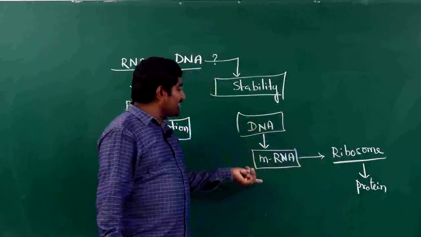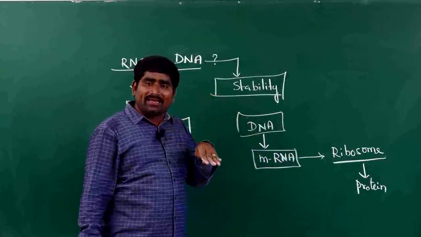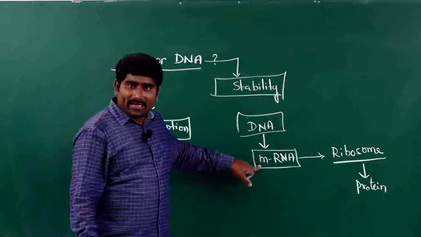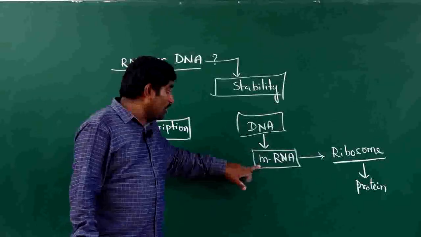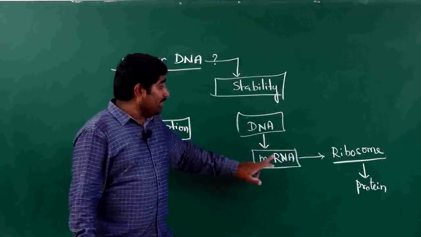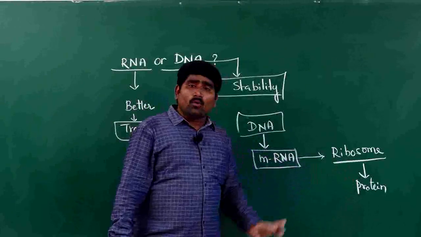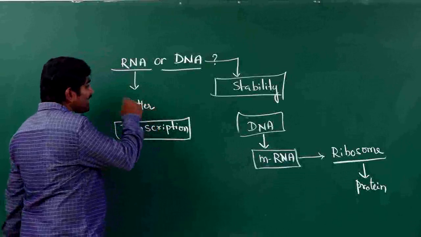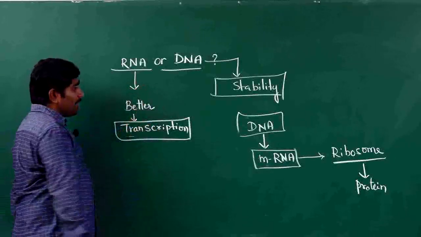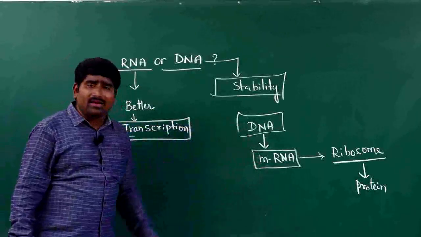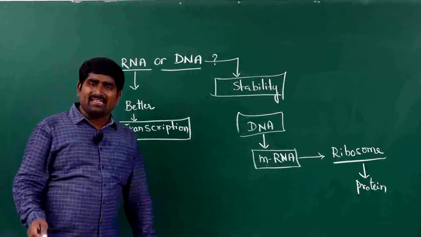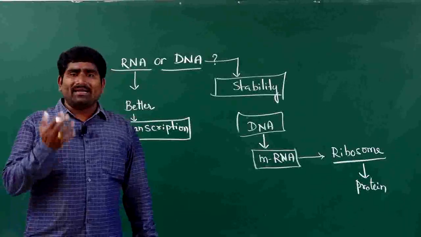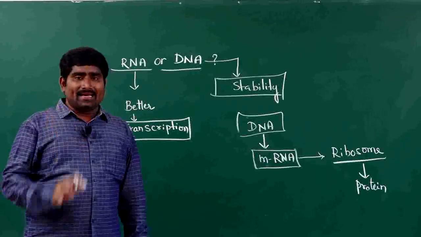In the process of transcription, DNA transfers its genetic material to mRNA, and mRNA transfers this genetic material to protein on the surface of the ribosome. In this way, DNA must be dependent on mRNA. But for example, RNA is the major genetic material in some cells. Directly it can code for a protein, and it does not depend on DNA.